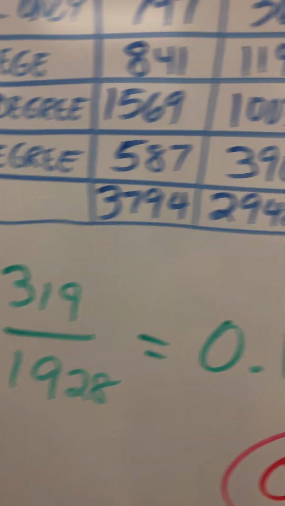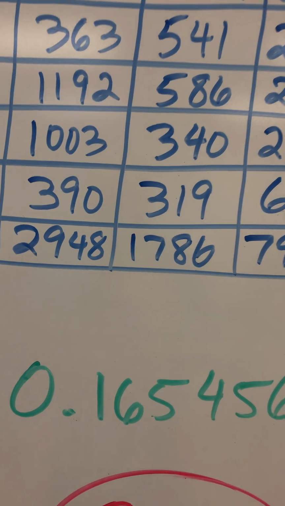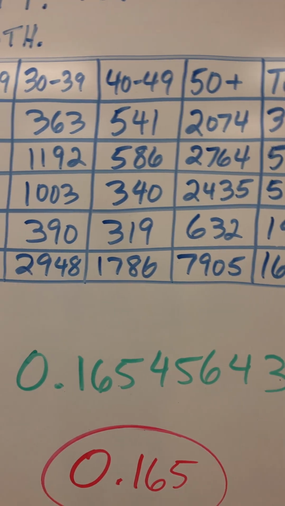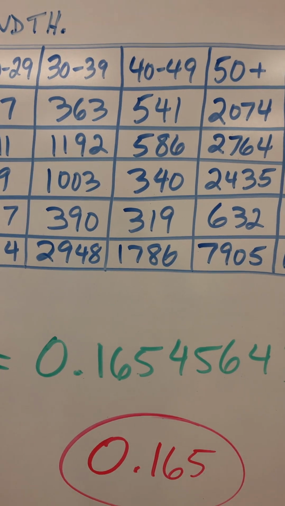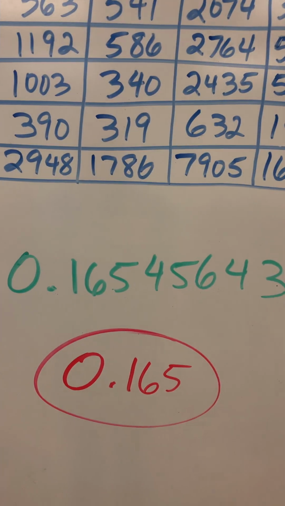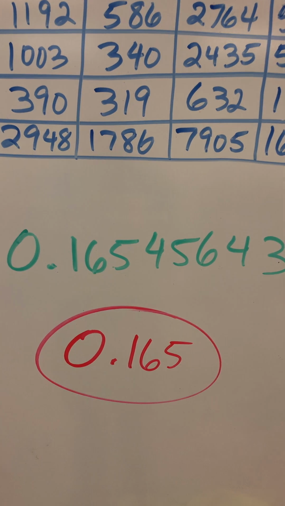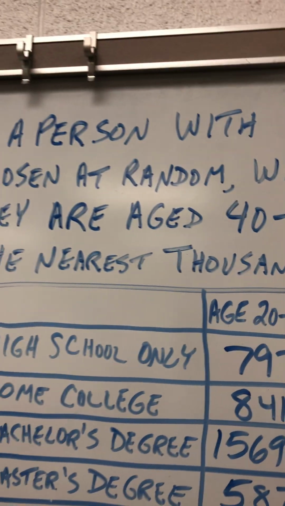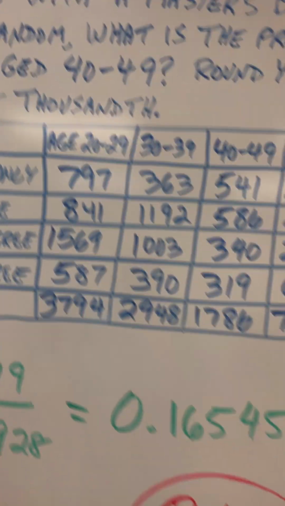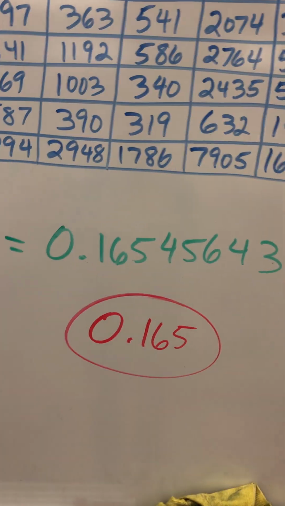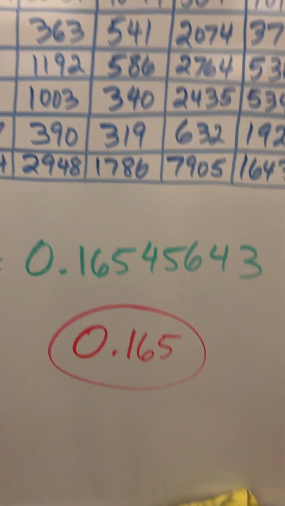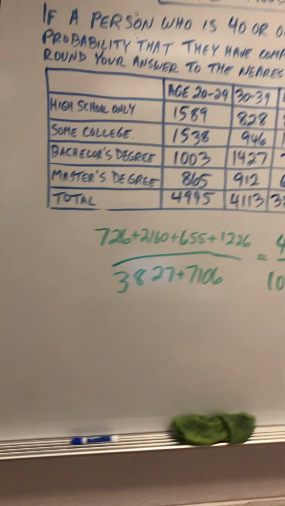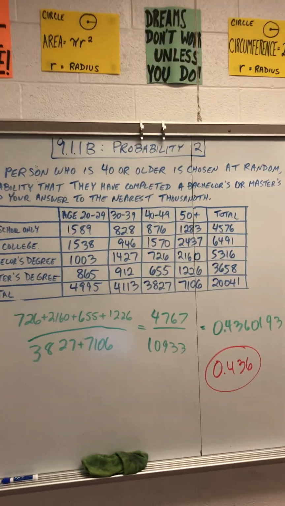When you do that on your calculator, you get 0.16545643. Now, is that closer to 0.165 or 0.166? It's closer to 0.165 because it asks to the nearest thousandth, okay? So if you're doing Delta Math today, you're going to do that to the nearest thousandth. Okay? Over here,